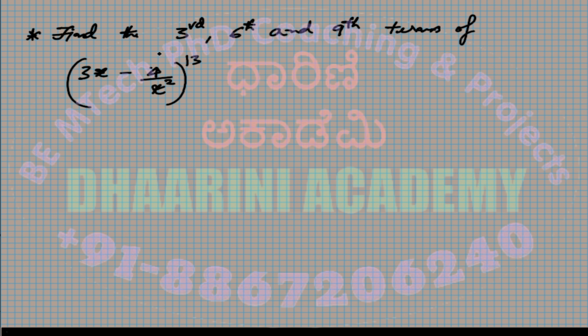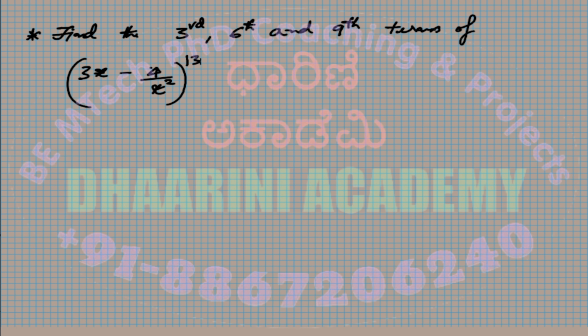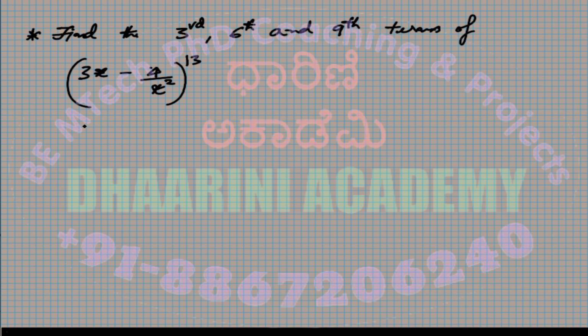So in this, find the third, sixth, and the ninth terms. After we solve, we get T3 equals to